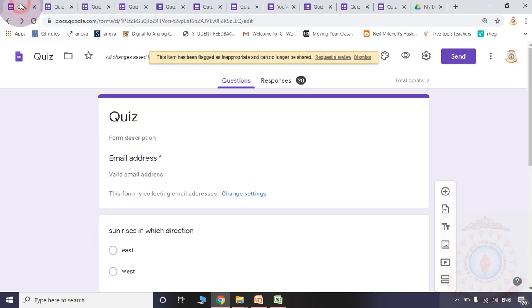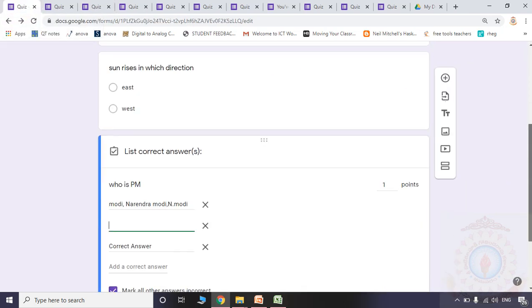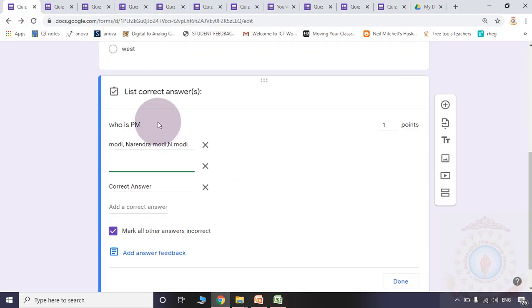Now go to the form and identify where the problem is. Whenever you are typing the question, here you are supposed to give the correct answer. But please observe here, Modi, Narendra Modi, N. Modi, different options we have given.